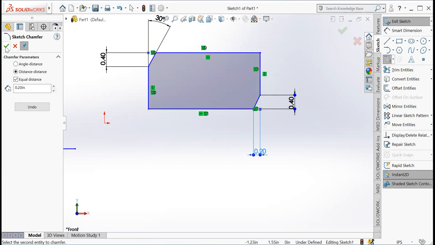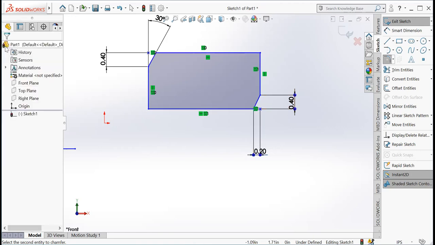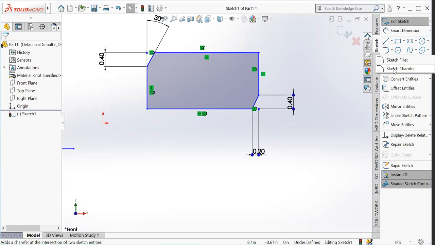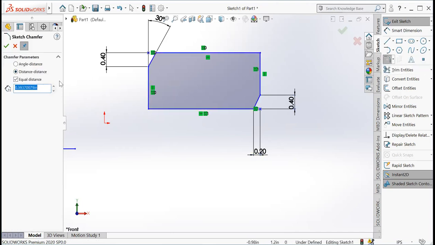Okay, so first we have to set this. We have set this. Then again we have to come here. We have to then choose sketch chamfer equal distance. I will put here 0.20 and I'm going to select this plane and this plane. So here I have got this equal distance chamfer on this edge.